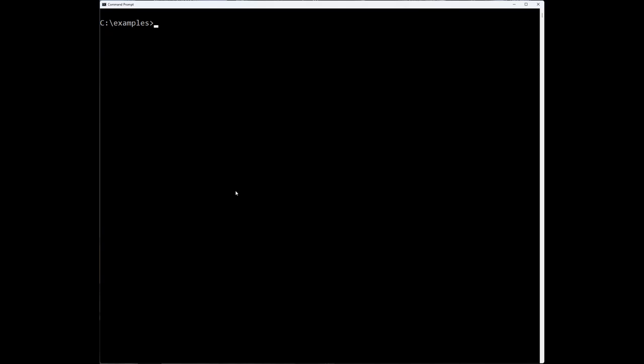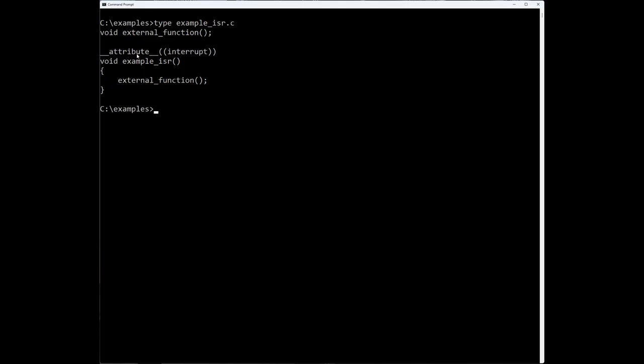Let's consider the second example. Very similar to the previous one, but the function attribute interrupt is added, and the name of the function changes to example ISR. ISR stands for interrupt service routine. Let's compile it.